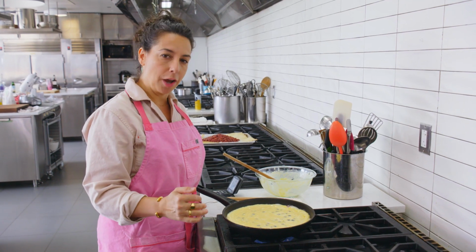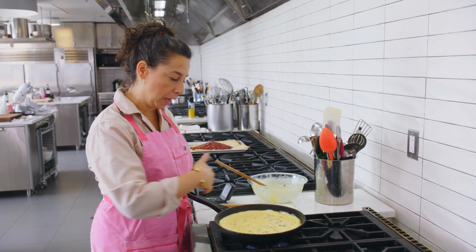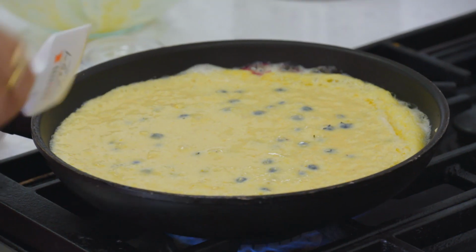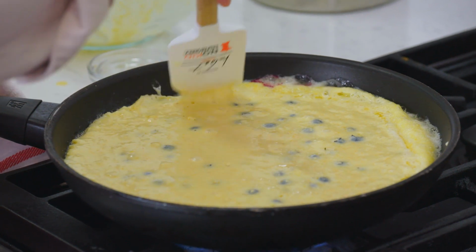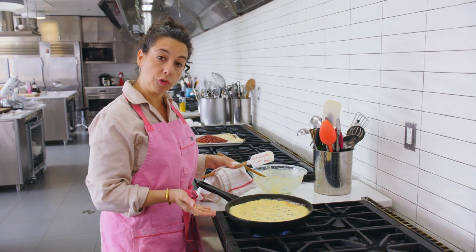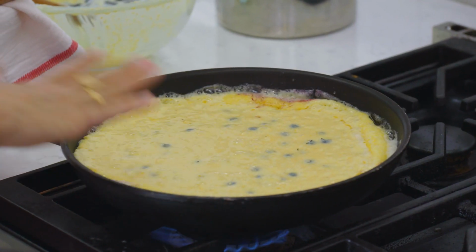If I were making a frittata, though, I would be stirring vigorously like this the whole time to make sure that the egg mixture was pretty uniform. I don't want to do that here. All I'm trying to do in this first stage is to make sure that the edge is totally set, that the pancake is starting to brown underneath, and I'm looking for a lot of bubbles to appear on the surface